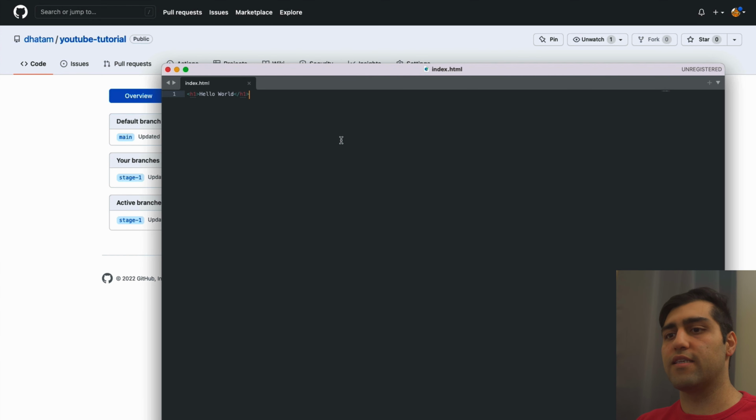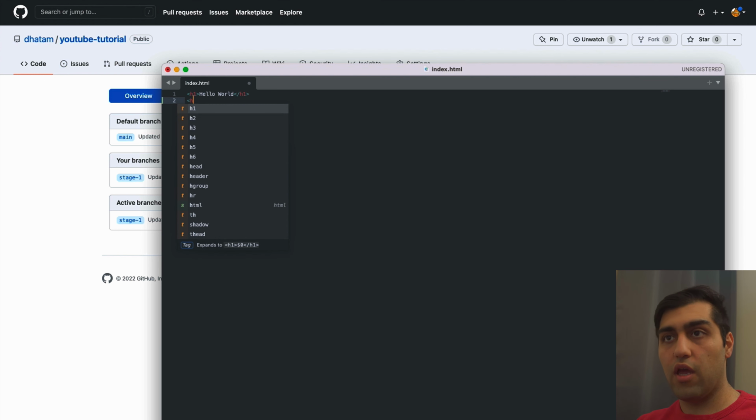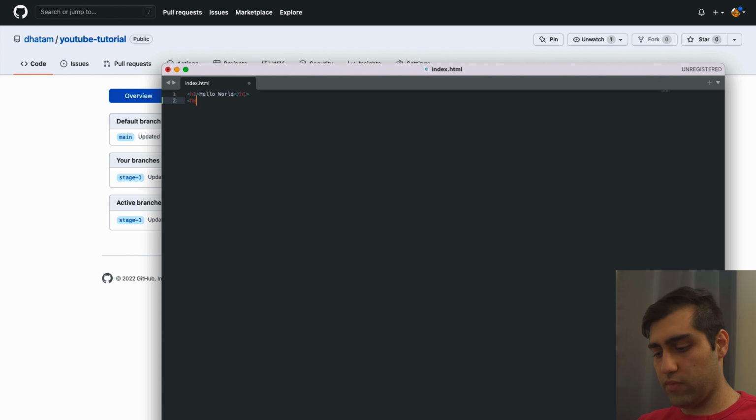So this is the same file from before, and now what we can do is add an h2. So this is a new header with the number 2, and we just say here this is a new change for our project, and then we close the h2. Now we save the file and we go back to our terminal,